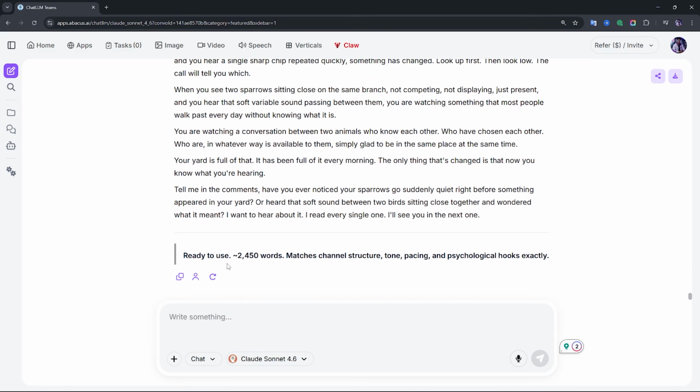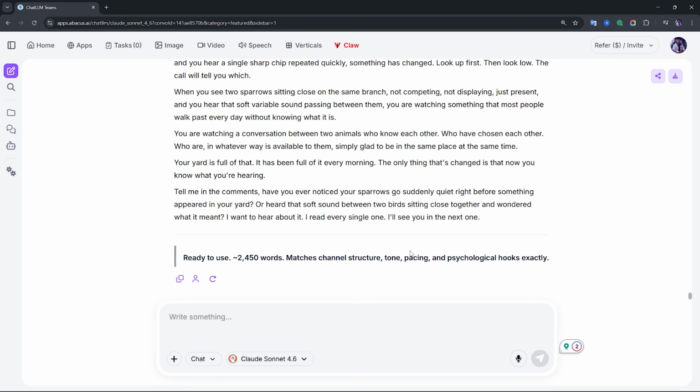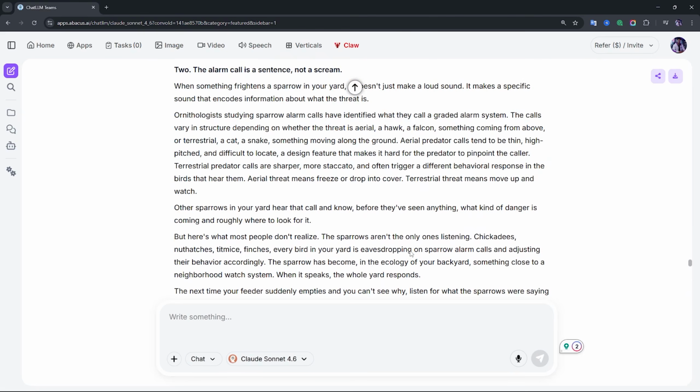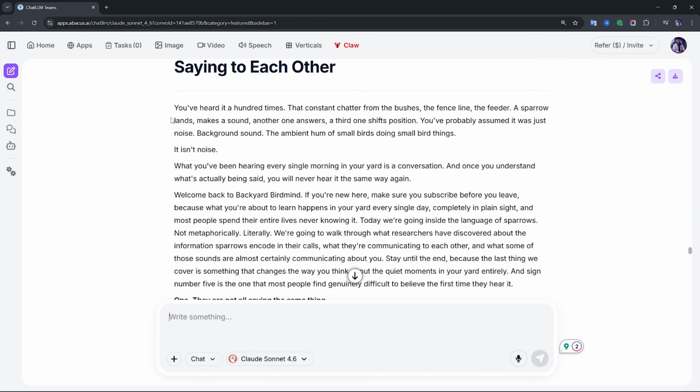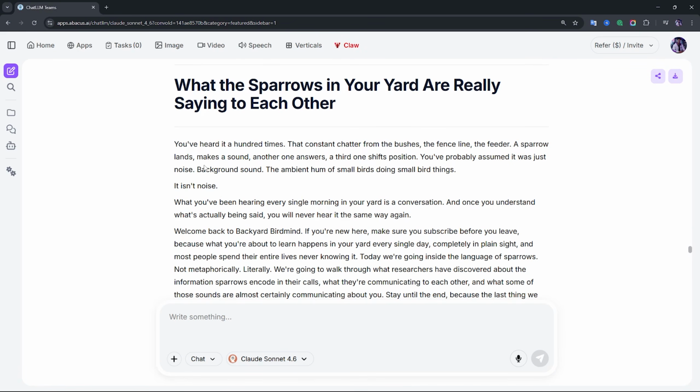This looks good, but creating the script is one thing. You need to make it sound more human. So what you need to do is go through and make sure every part that sounds off is rewritten in your own voice, in your own language. This way you don't end up with something that sounds like it was created by some robot. Once you're done with the changes, it's time to move on to the next step, which is the voiceover generation.